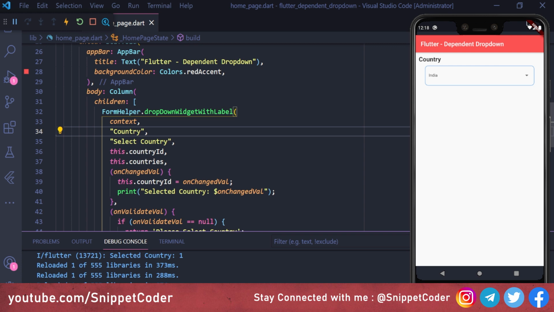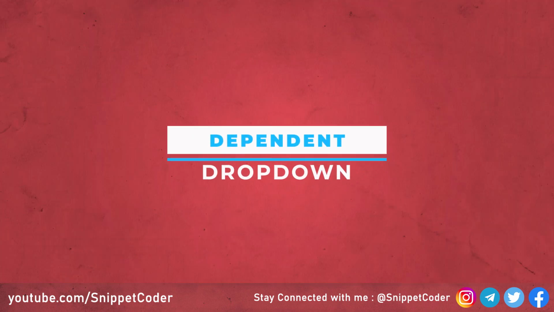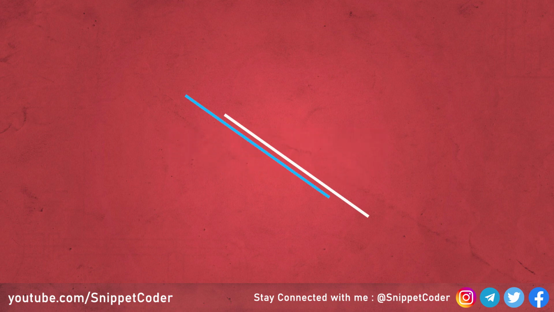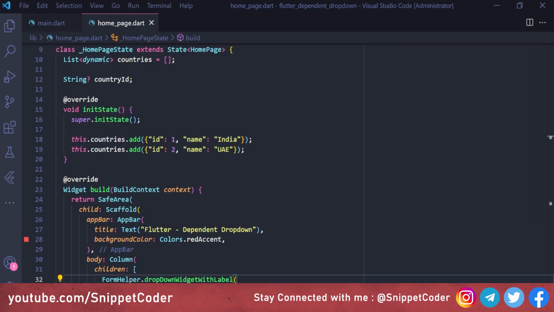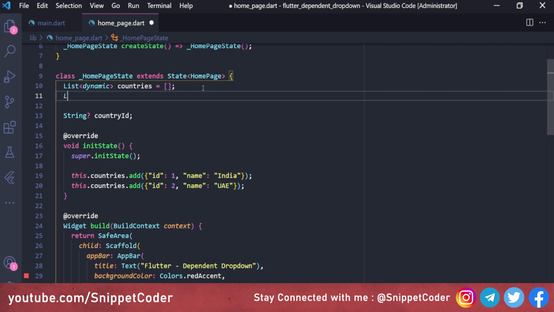So now let's move further to the implementation of the second drop down, which is a dependent drop down on the basis of the parent value change, and that will be our state variable. So now let's move to the code part. We will create a drop down for our state, and before that we have to create some variables. The first variable is a list of type dynamic, states masters, and this array will be used to hold the list of all the states including the parent name, that is country ID.